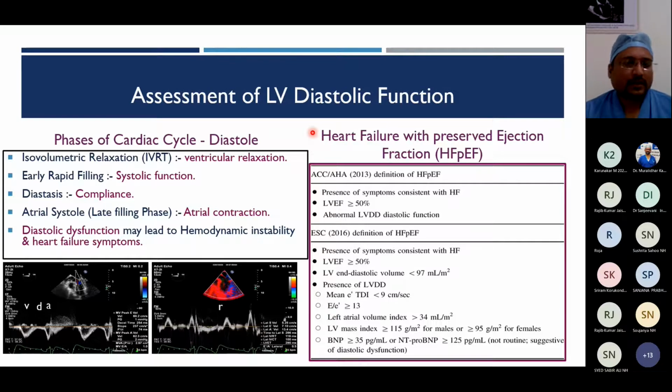And then comes the body mass index and BNP levels, which are included in the criteria, which is not an echocardiographic measure. So basically here in the mitral inflow of this image, we are showing the diastolic phases. That is a ventricular relaxation, then there is a diastasis, and there is an atrial contraction, and the time between the active ejection and the start of the E prime velocity is the isovolumetric relaxation time.